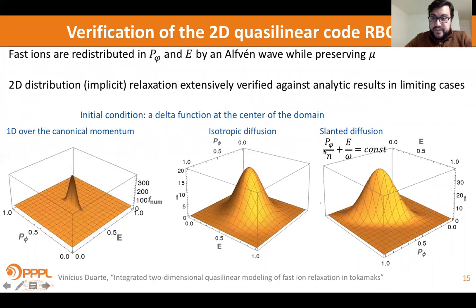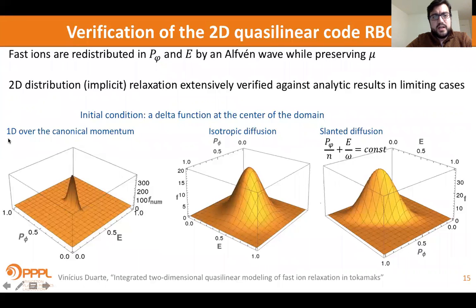Those are further verifications of the code RBQ, the resonance broadened quasilinear code that we have been developing in 2D, in energy and P phi, while mu, the magnetic moment, is approximately conserved. It uses an implicit alternating direction scheme. And here is the verification for three different cases. In all three cases, just to check the numerical scheme, we considered a delta function at the center of the domain, so a distribution which is a delta function injected at a certain point in space and